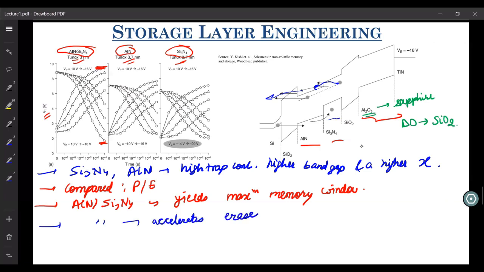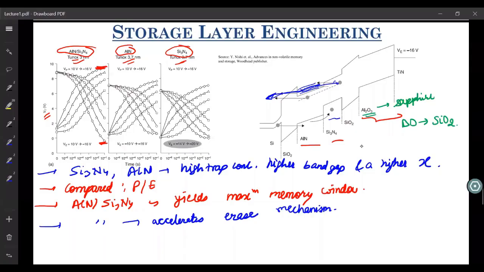So what it does is, it gives intermediate states over here. Like there are these states, these energy states over here, in which the electrons from Si3N4 can go intermediately, and from here they can easily tunnel back into your P-well. So it accelerates your erase mechanism as well. So just by doing this band gap engineering, you can mitigate several problems like erase saturation and retention issues, solve these problems.